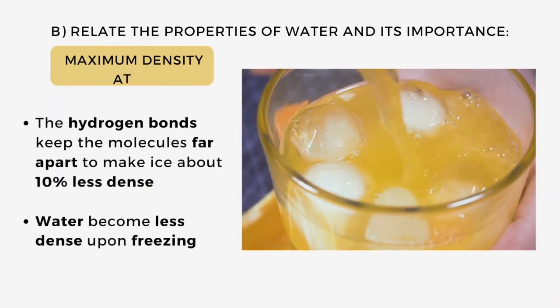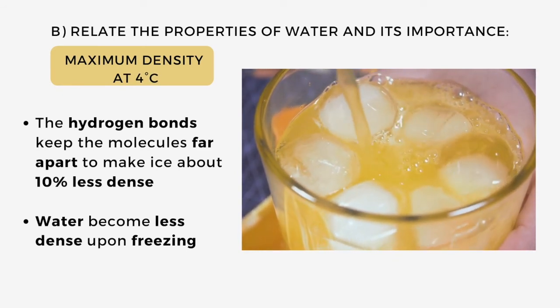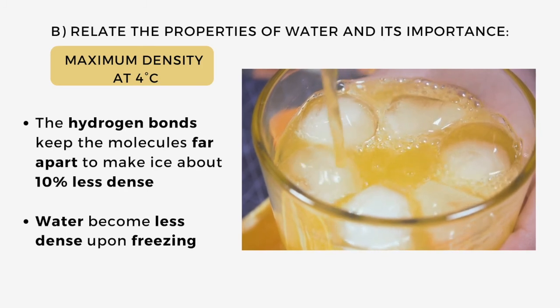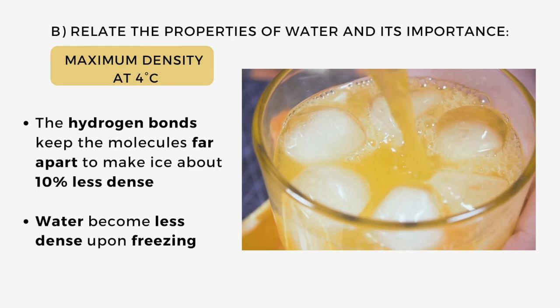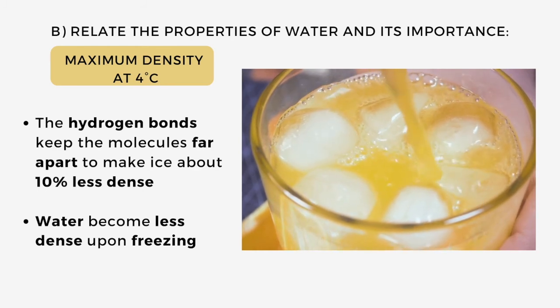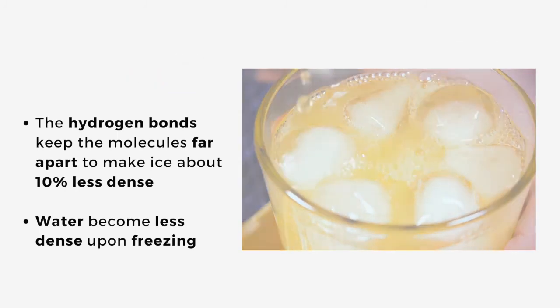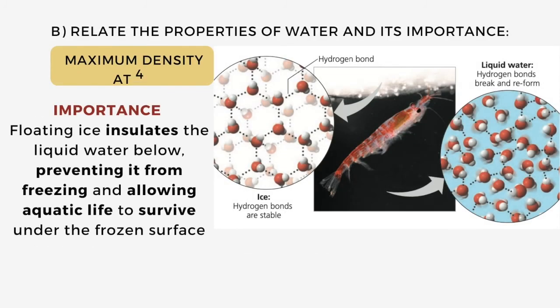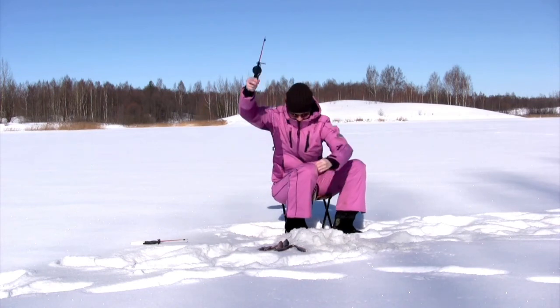The hydrogen bonds keep the molecules far apart to make ice about 10% less dense than water. So, water will become less dense upon freezing. As a result, ice will float on the surface of water. The importance of the maximum density at 4 degrees Celsius is that the floating ice will insulate the water below, preventing it from freezing, and will allow aquatic life to survive under the